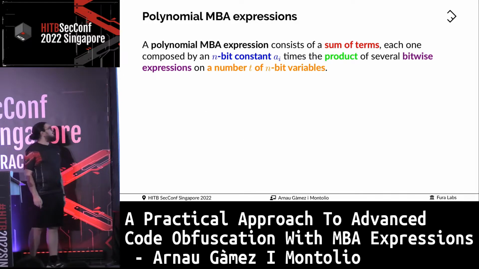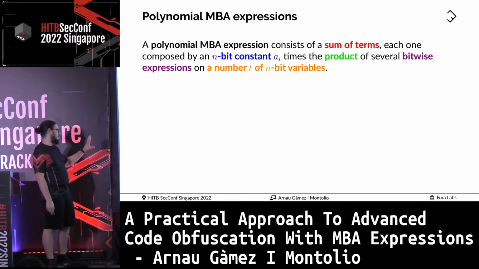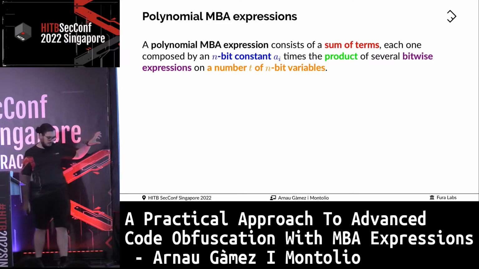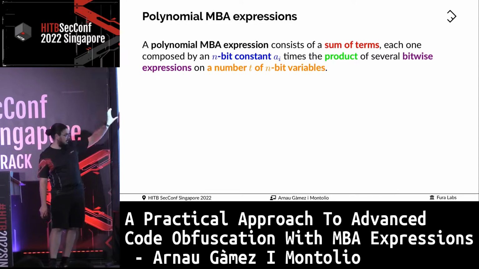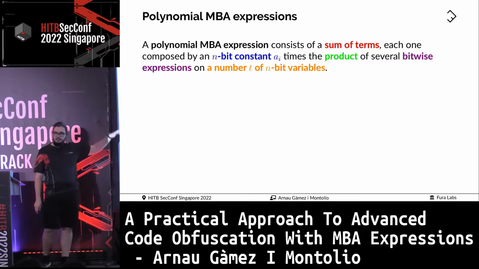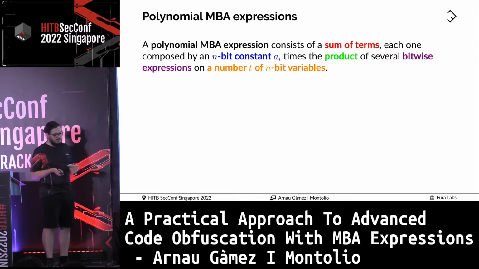So let's start with this fancy slide for defining polynomial MBA expressions. I will use color codes mapping a very simplified definition with a formulation and an example, so you can match it visually, and I'll walk you through that anyways. We said that a polynomial MBA expression is just a sum of terms, and